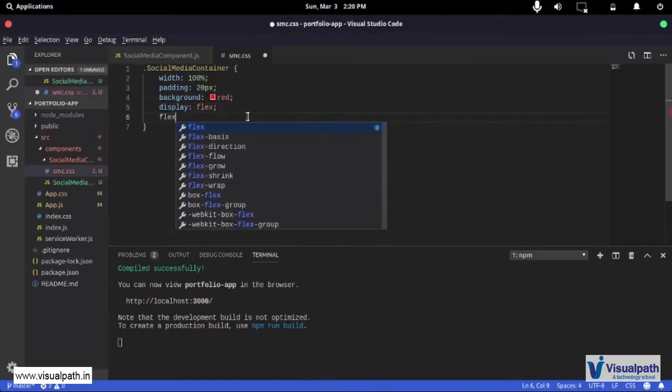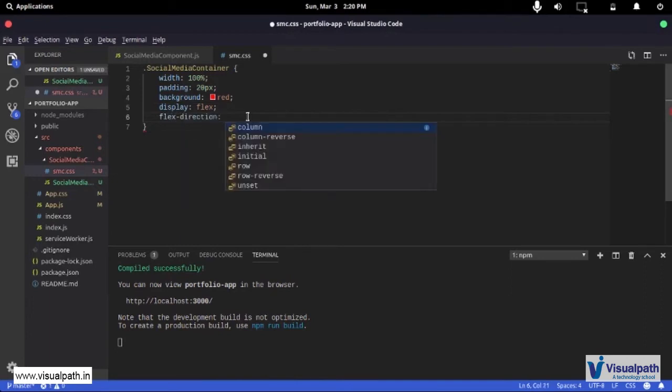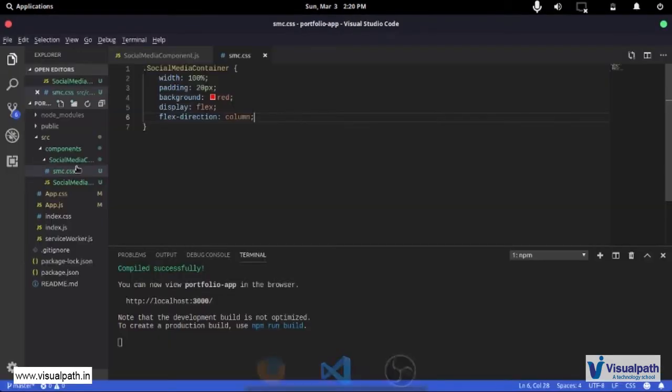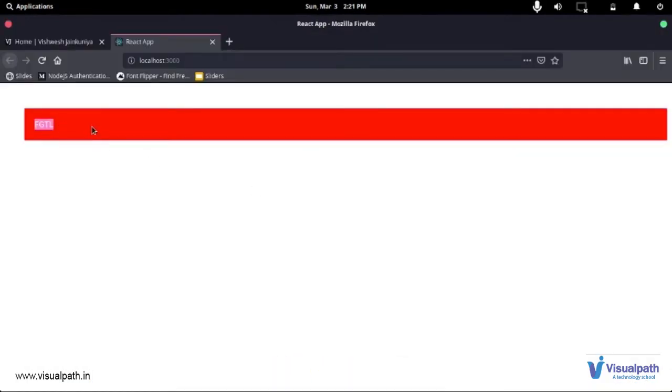Now if I want to set flex direction, I can set it to row, but that's actually the default. So I'm going to show you what column means. If I set column and save this, they are going to become vertical again. If I want it to be row, I can set it to row, but that's the default, so I don't have to set it. But setting it to row explicitly is a good thing because different browsers might implement this differently, and being explicit about CSS is always nice. So we have already done that.